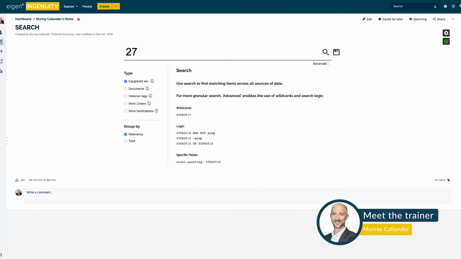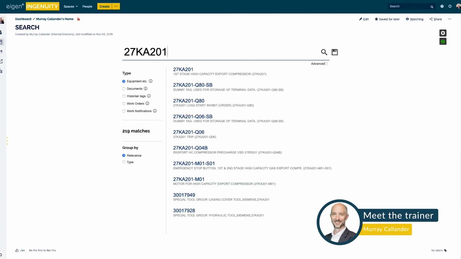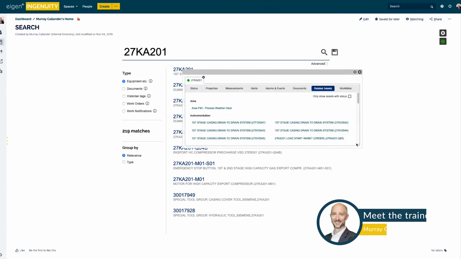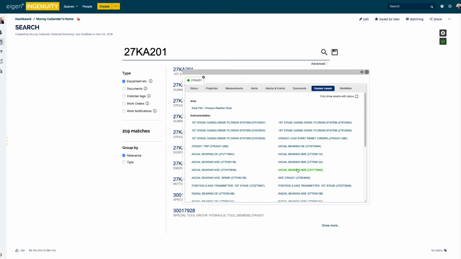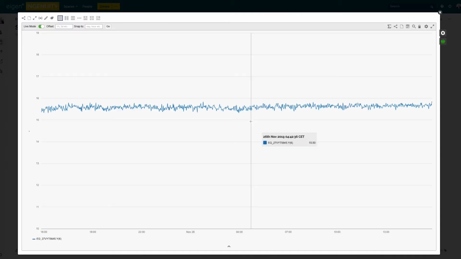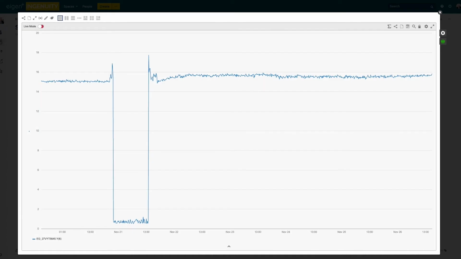The scenario begins when we hear from the offshore maintenance crews that there's been some unusual vibrations on the compressor. Now it's currently okay, there hasn't been an alert, but here we use the search tool to look for the compressor, and then we quickly find the associated vibration instruments. We can see it's green, it's not reporting any problems, but if we go back 7 days we can see